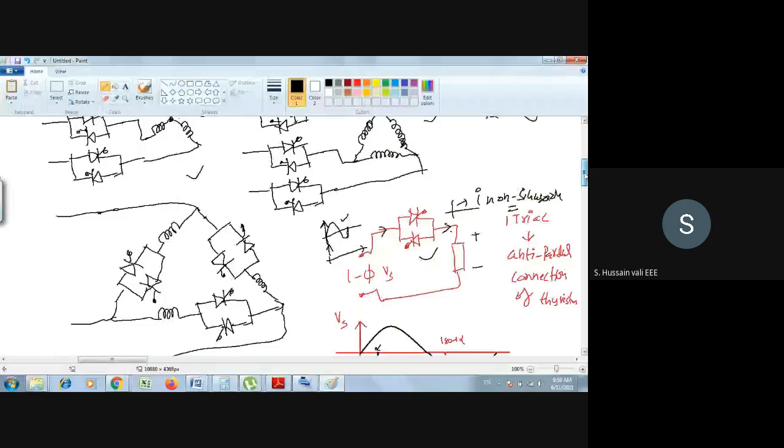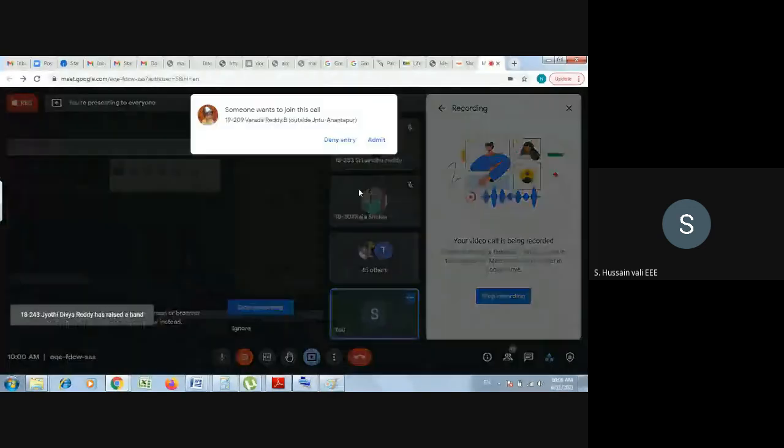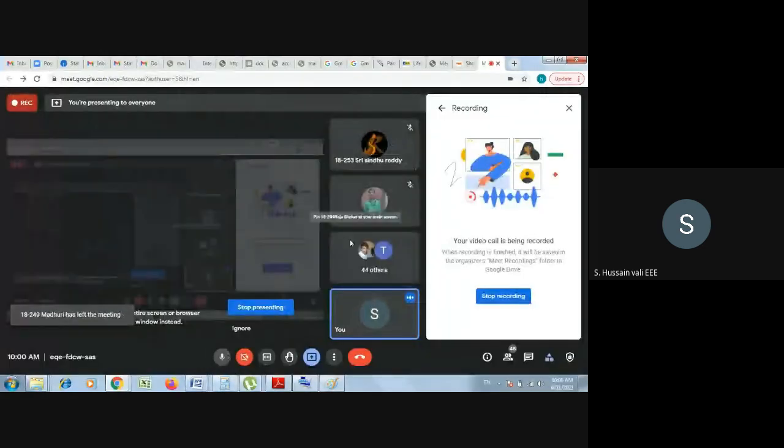If you reduce the stator voltage, it is not always a problem, but sometimes it is. What is the problem? Because using the AC voltage controller you can only reduce the stator voltage, sometimes because of the reduction in the voltage, the torque production